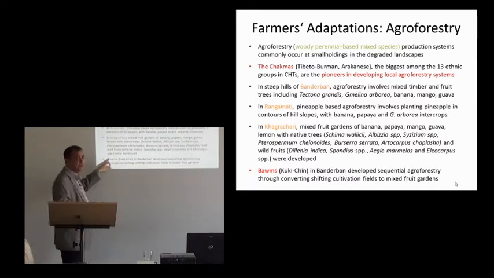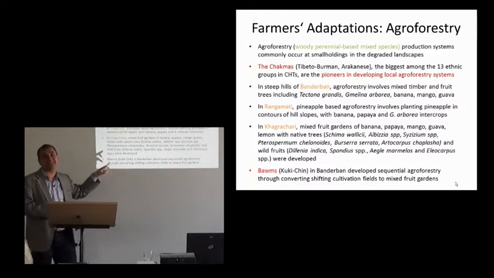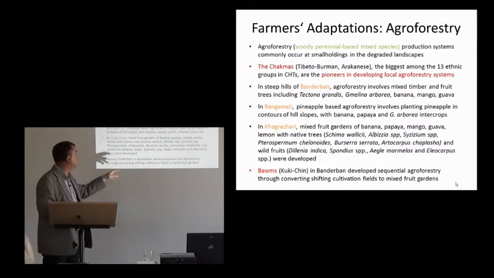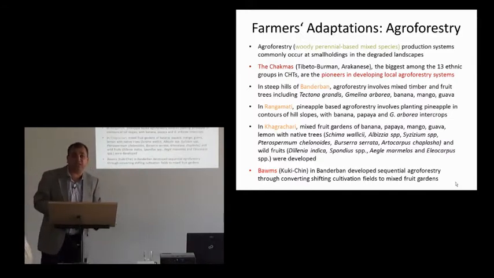And these people are another ethnic community. Most of these people were converted to Christianity by the European missionaries. So they are the people who, I would say, are forgetting the past. They are converting their shifting cultivation plots to sequential agroforestry. They are not practicing traditional farming at all these days.